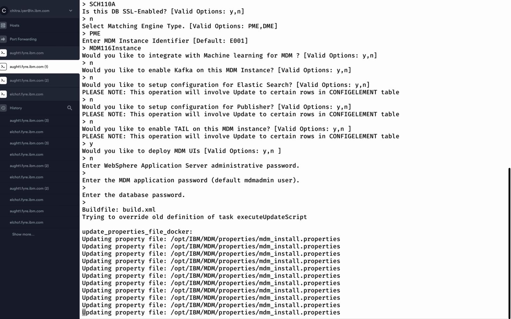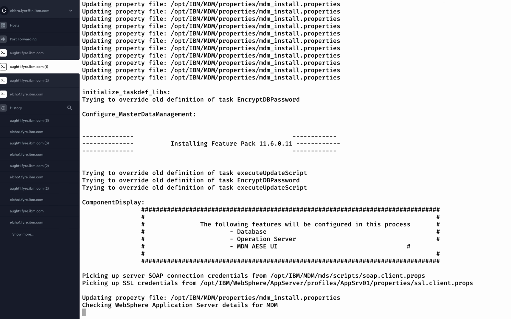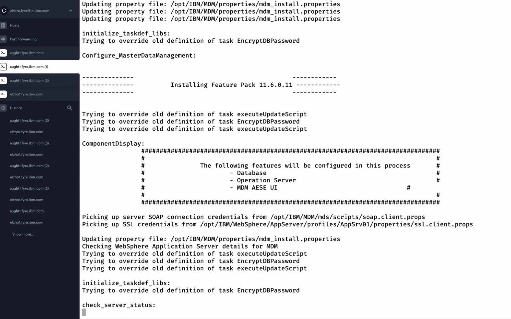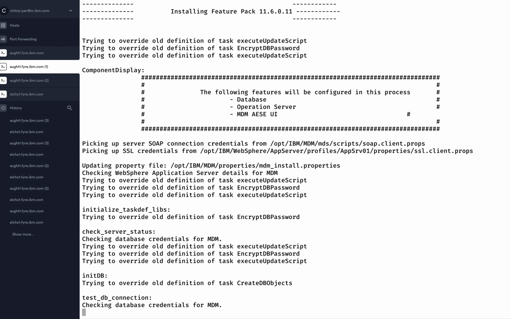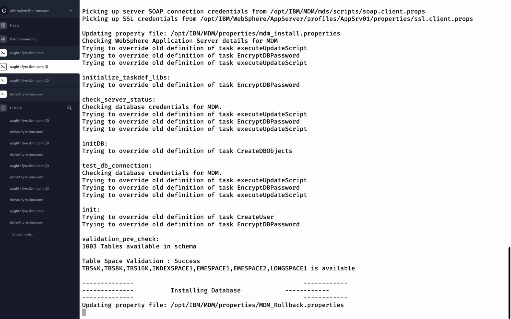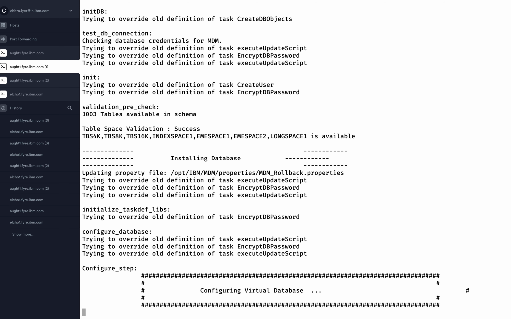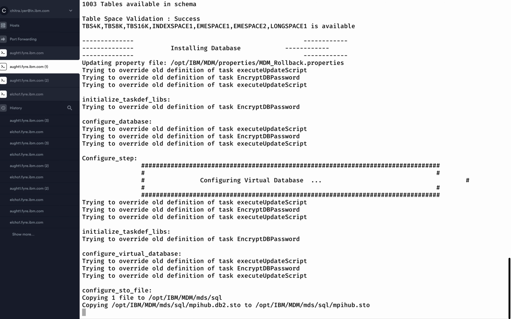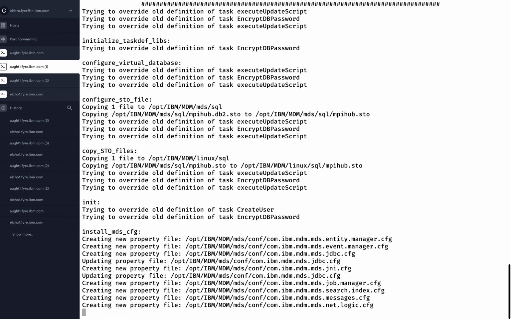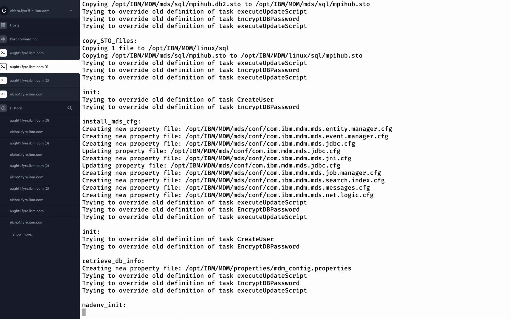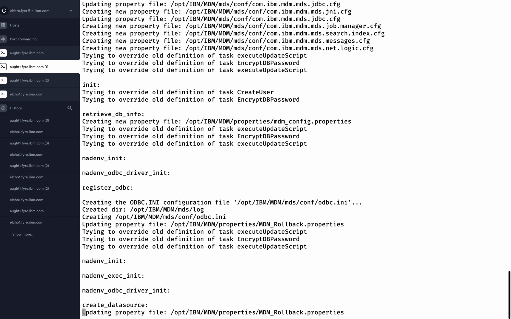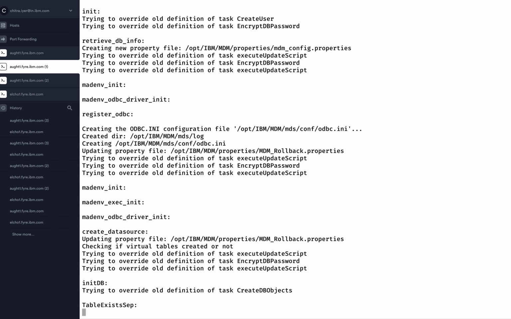Once we provide all these values, the system first updates the mdm_install.properties. It will perform the database configuration, that is creating the tables if required. In this case, we have told it that our database is already populated, so it will not populate the database. It will just install the applications based on the configuration that we have provided. This activity could take up to 20 minutes or more, based on the configuration of your machine and the applications that you want configured.